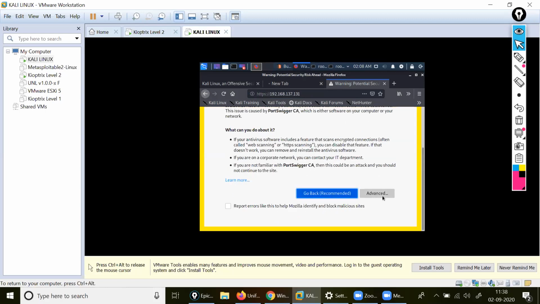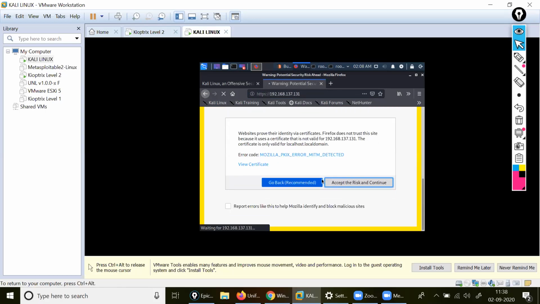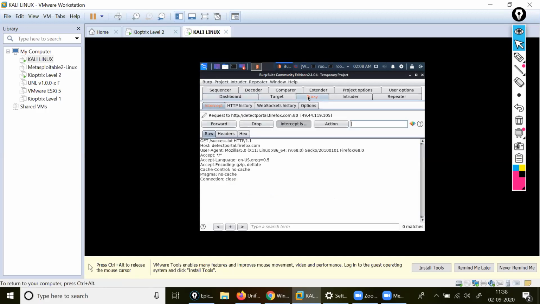This certificate. Advanced, accept the risk and continue. Let me come on the Burp. Where is my Burp? Yeah, this is my Burp. Proxy is there, right? This is the proxy.